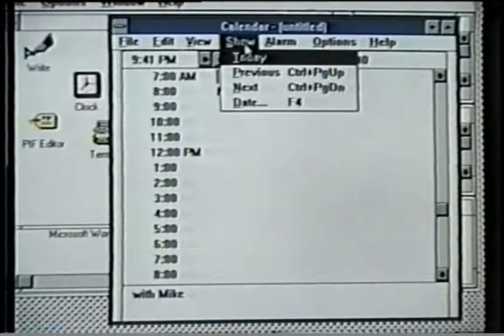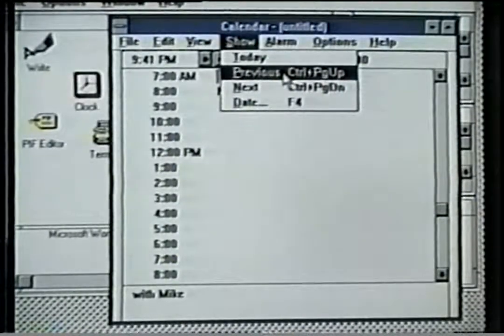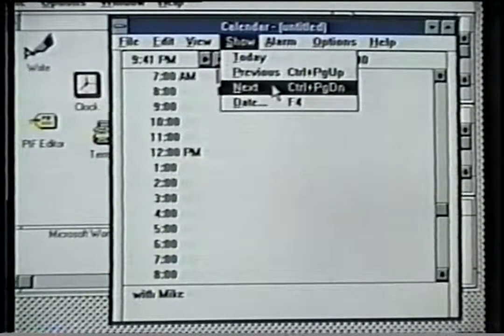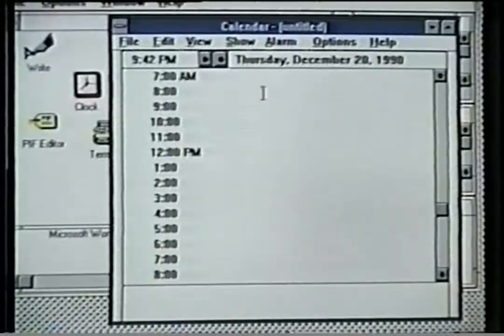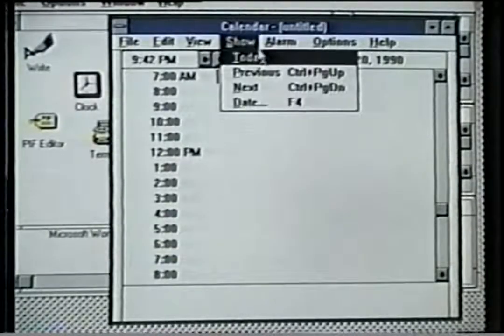The Show menu lets me move to different dates for entering appointments. The Today command returns me to the current day or month, depending on which view I'm in. The Previous command takes me to the previous day or month. The Next command takes me to the following day or month. The Date command takes you to a specific date. I can enter the date in the dialog box, click OK, and I'm there, ready to enter my appointments for